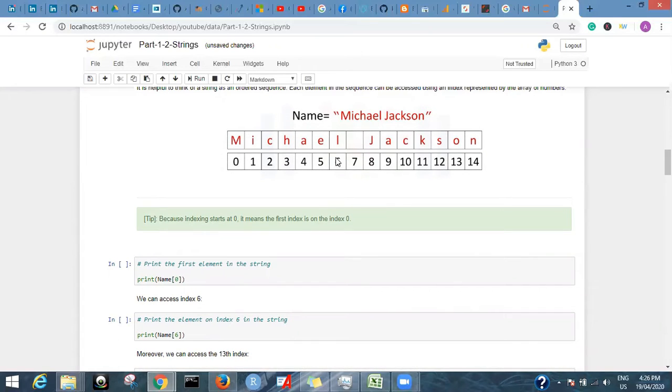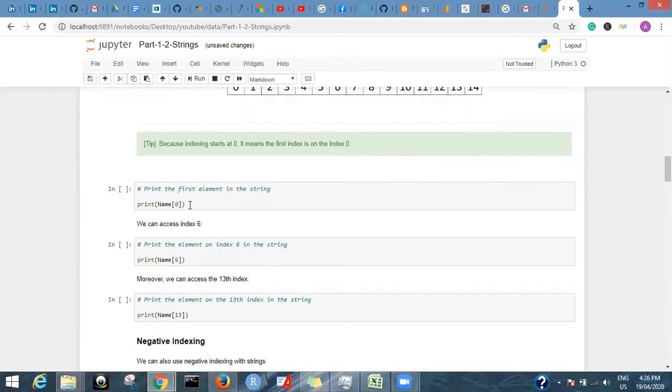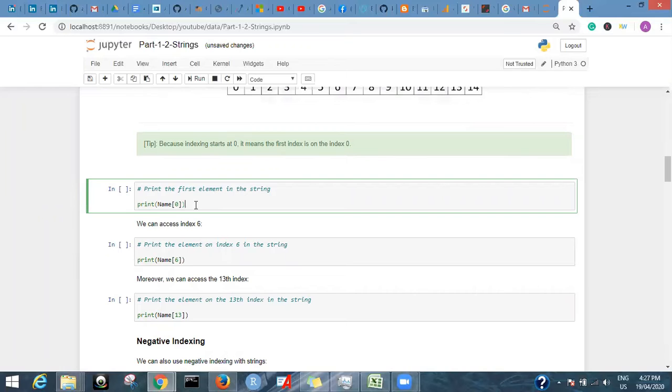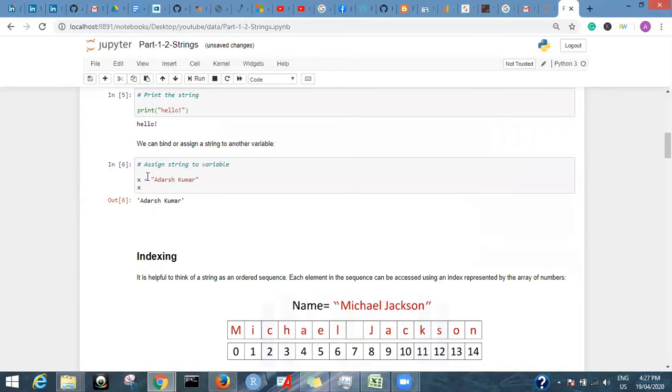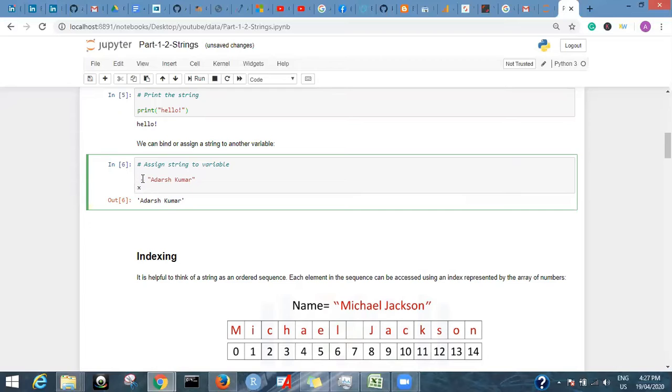Renaming it once again. That's perfect. And let's go to this. What is the index 0 of Adarsh Kumar?